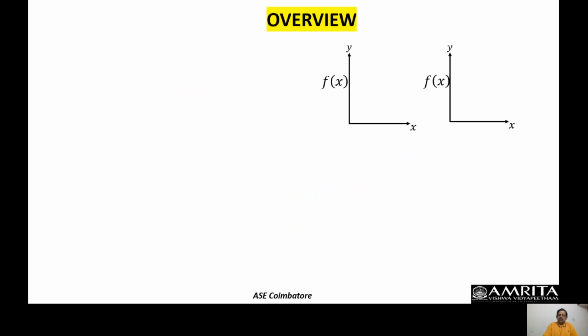We talked about two functions which vary as a function of one variable. Two functions are shown here, and one of them is a rapidly varying function, the other is the slow varying function. What does that mean? It means that